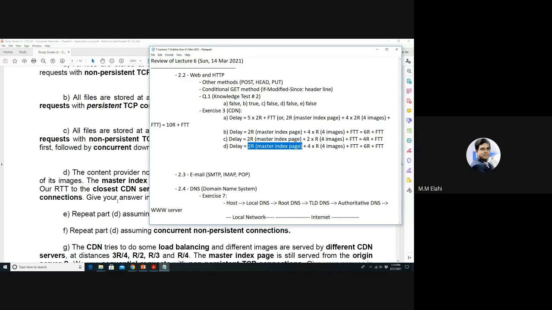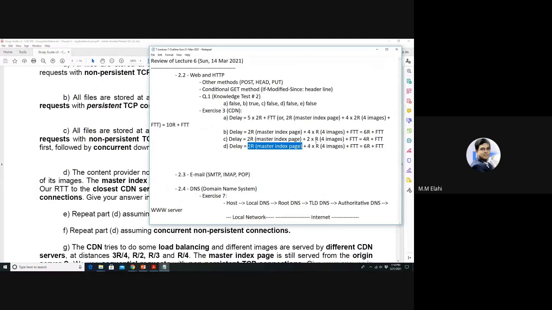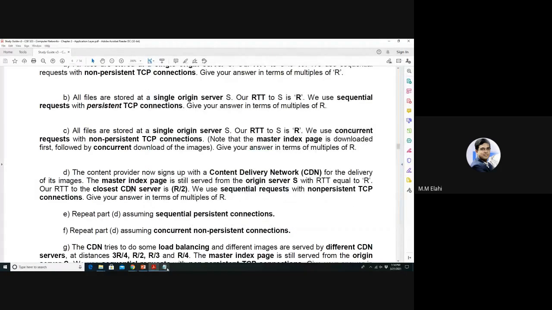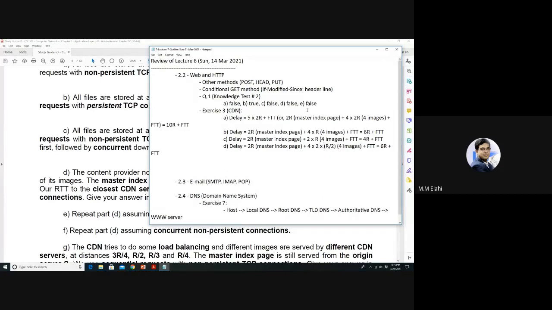So see, all 4 images are in the CDN, and it uses sequential. Sequential means one connection at a time. That means it is what? Non-persistent, right? So it will be 4, but in this case, it will be R/2. Because all 4 images, sorry, it will be 2 into 4 into R/2. 2 into R/2, right? This 2 into R/2 means for each object,